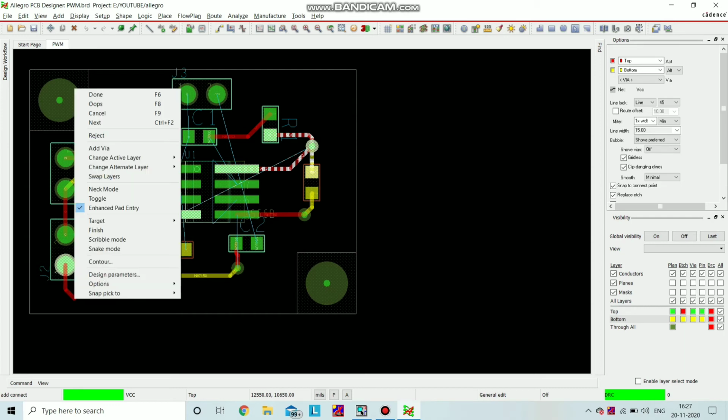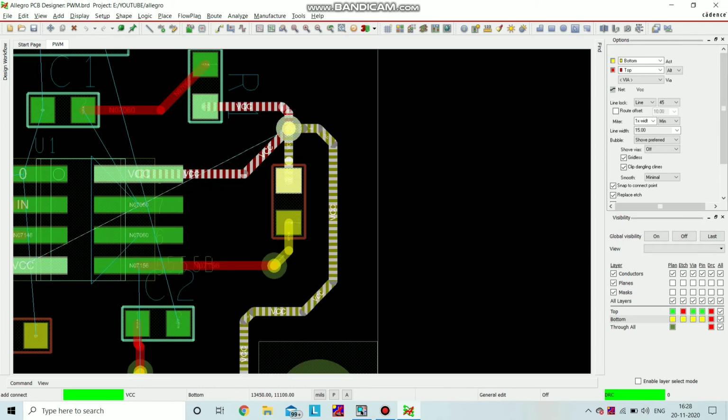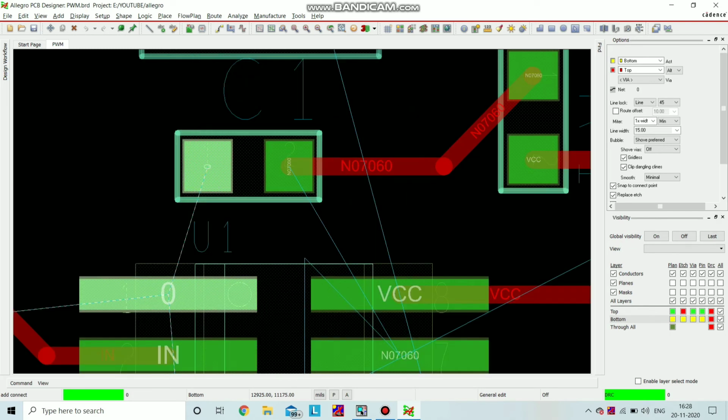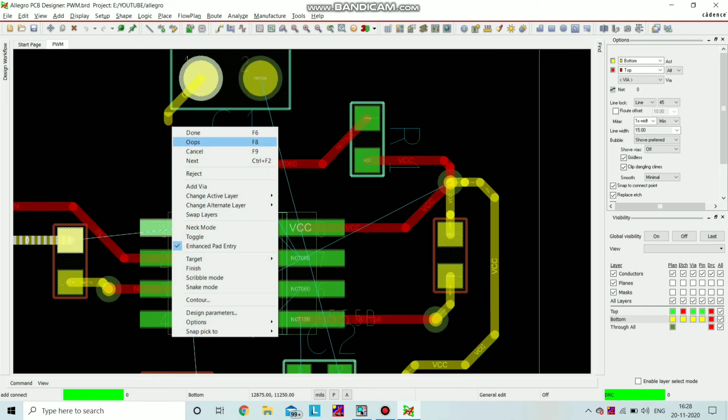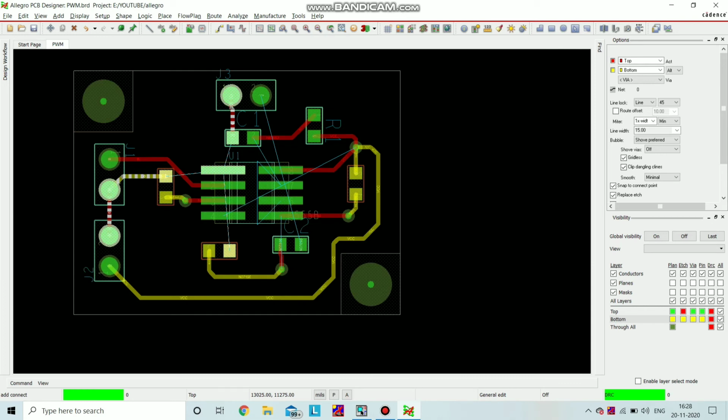See, now this is another connector. Changing the layout from the bottom directly, this is now taken from the bottom and connected to the via. We can't connect directly to the top layer. From a through hole we can take the track from top or bottom, but if an SMD is placed on the top, you have to take the tracks from the top layer.